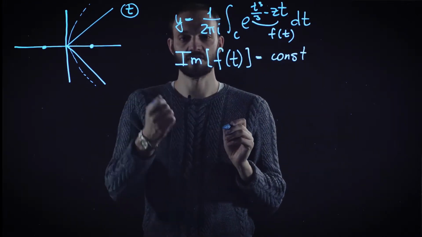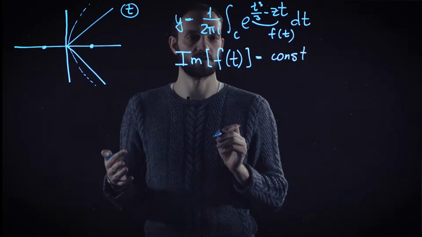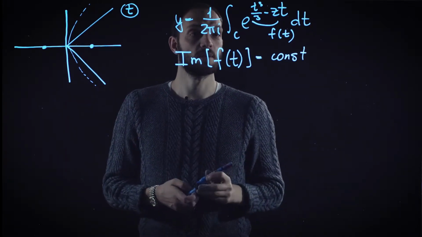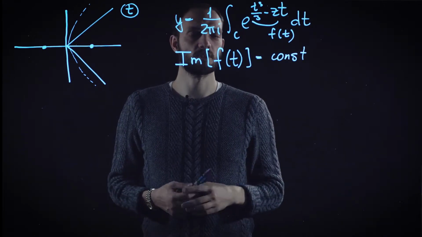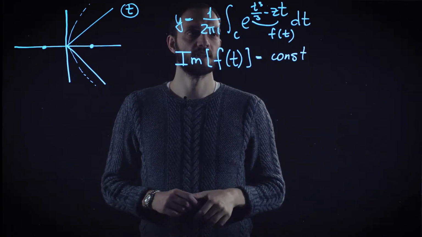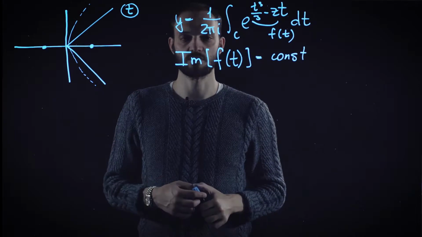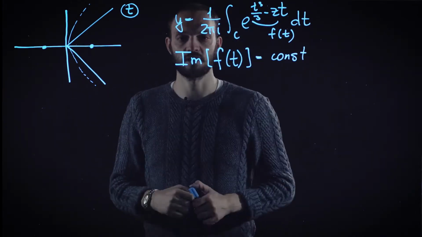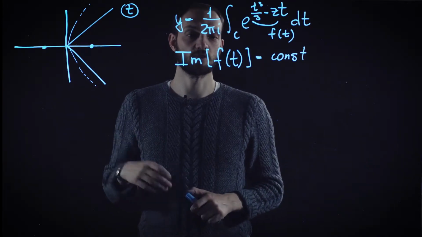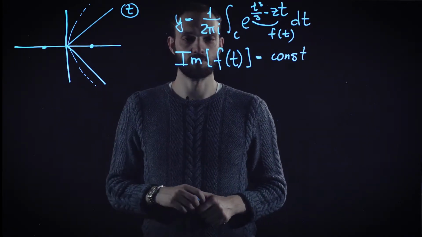So let us recall briefly why this curve is of much importance. Mainly because of the fact that this expression in general is a quickly oscillating function of t, which belongs to the integration path. And as long as the imaginary part of the exponential remains constant, of course it means that the oscillations effectively disappear.